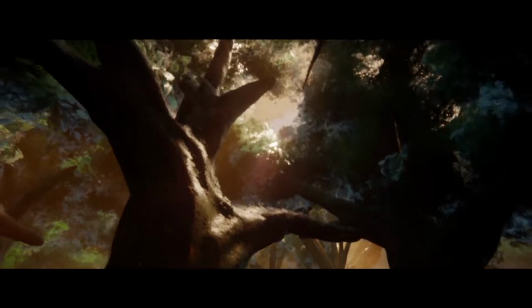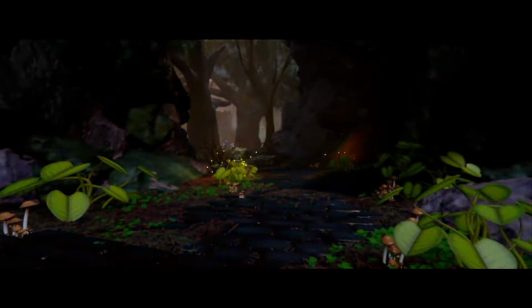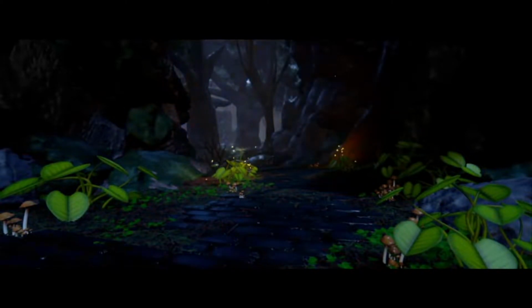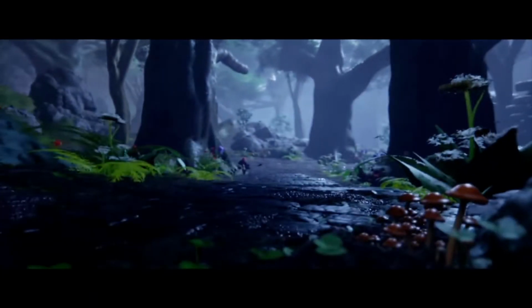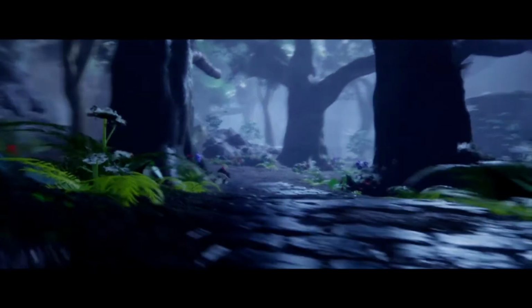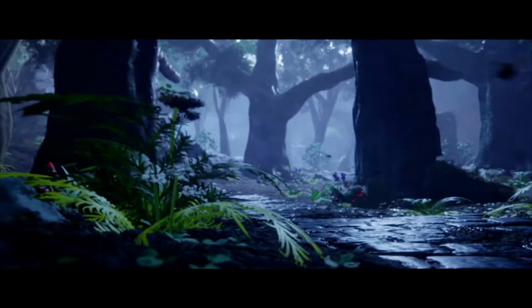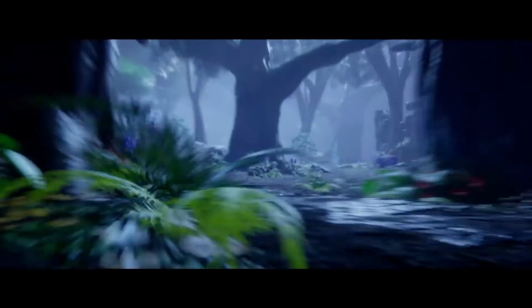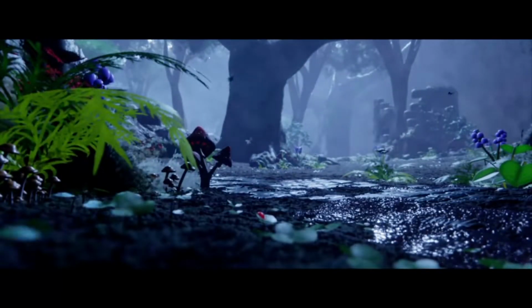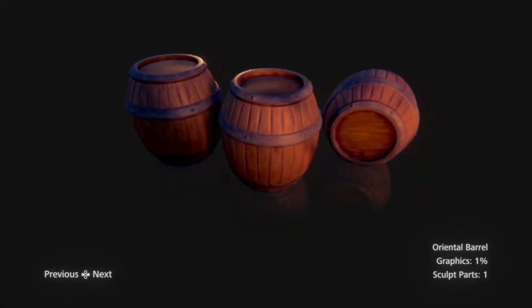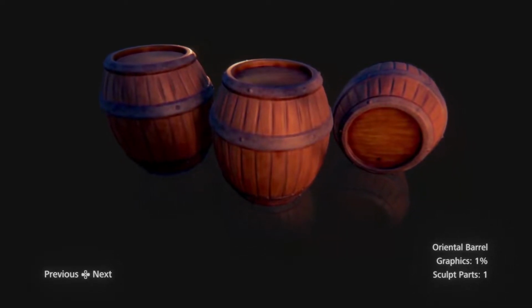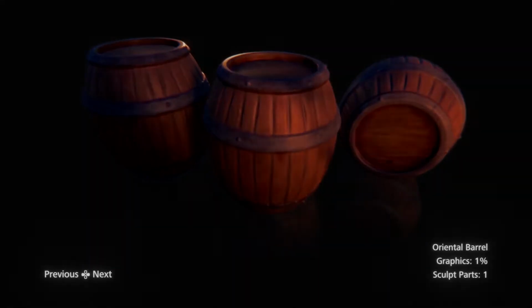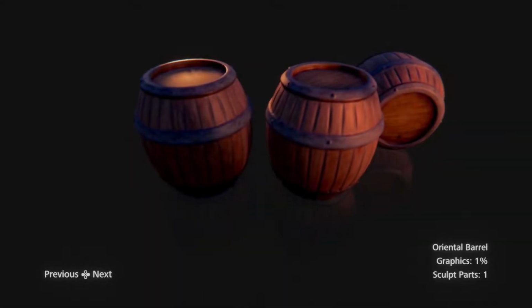So this is a very important thing that I even learned myself: try to make sculpts out of one sculpt. What I mean by this is, for example, you want to make a barrel, a simple barrel. The barrel of course has different materials, but it's mostly wood or plastic, and there is something holding the whole barrel together, like iron.